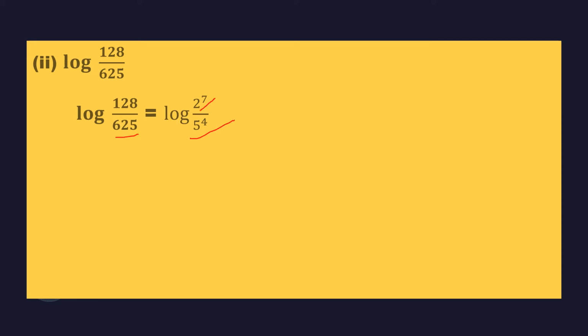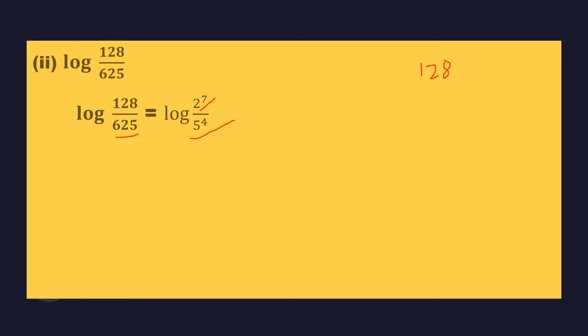If any values you got like before in problem 3, you can write in terms of that. But our question is just to expand. If it is expanded, that is enough. So log 128 by 625. This 128 you do the prime factorization. For this 625 also you do the prime factorization and write in terms of exponents. So 128 I can write as 2 power 7, and 625 is 5 power 4. Be perfect with the prime factorization.